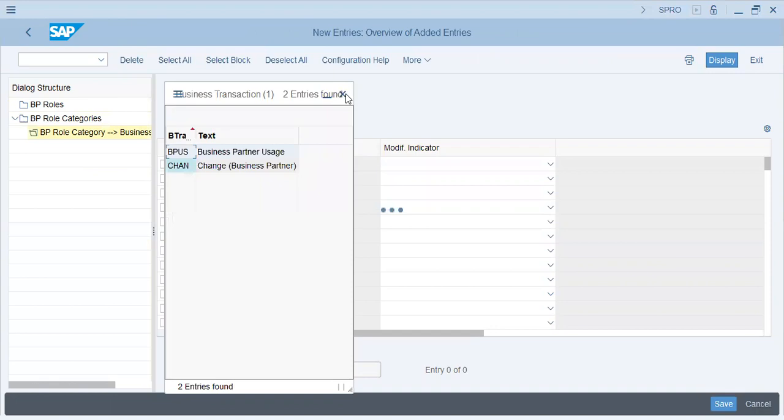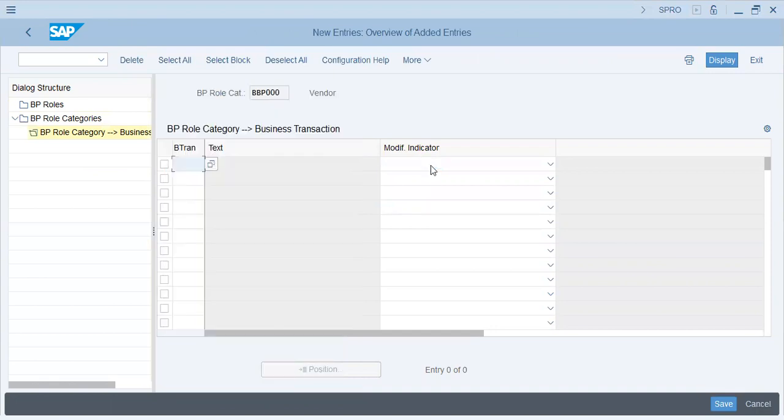These are the business transactions. And modification indicates transaction allowed, permitted with warning, prohibited. Now this is used in case when vendors' status can change. So roles fall under